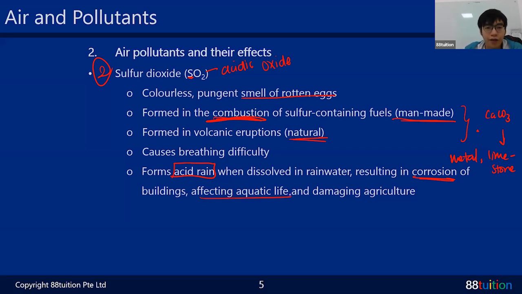It can cause death in your fish and your underwater plants, because you're affecting the pH of the water body. This will affect aquatic life. It can damage agriculture as well. If you're a farmer, and rain comes down onto your agriculture and seeps into the soil and it's acidic, some of the plants cannot survive in very acidic